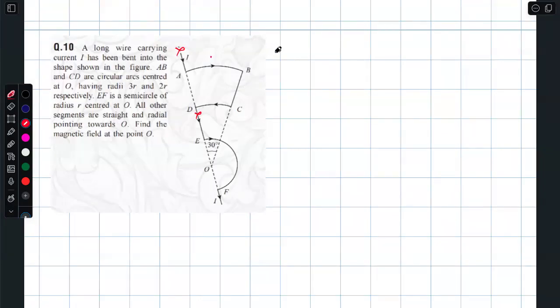AB will contribute field. Let the field contributed by AB be B1. BC will not contribute anything. CD will contribute B2, and EF will contribute field B3. Till this point, any doubt? So now this one also won't contribute any field. AB. So B1 is equal to